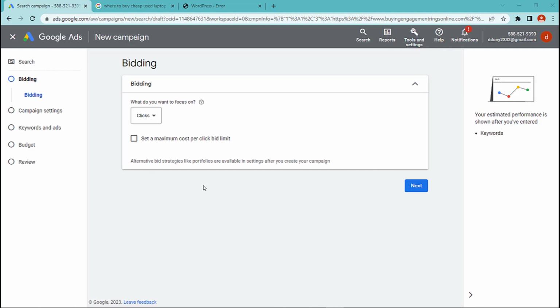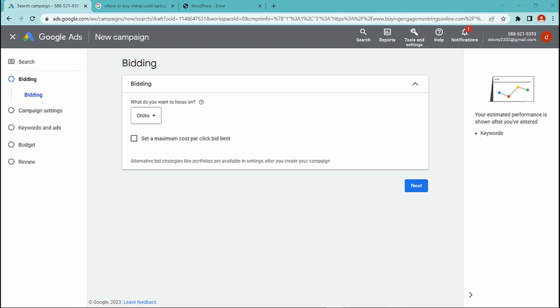Bidding is an important aspect of setting up a Google Ads campaign, as it determines how much you will pay for each click on your ad. If your focus is to get clicks on your ad, here are some key points to consider when bidding.